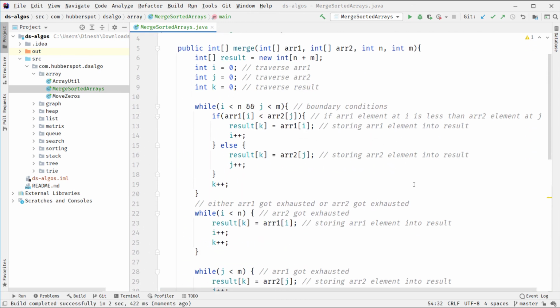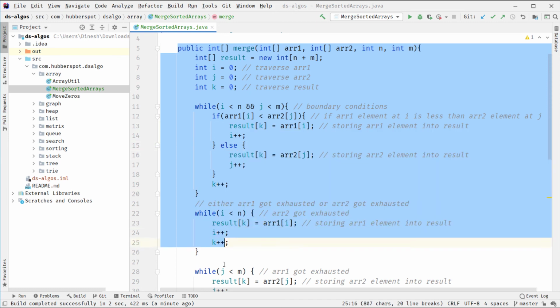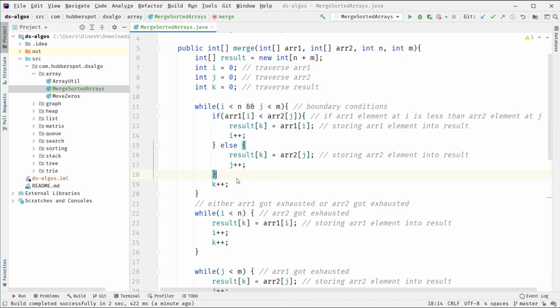So friends, this was all about the code and working of the algorithm. Now why is this algorithm important? Because a similar approach is usually used when we actually perform merge sort, which we will be looking into in our upcoming lectures. There we'll simply use this idea and we'll perform the sorting of an array using merge sort.